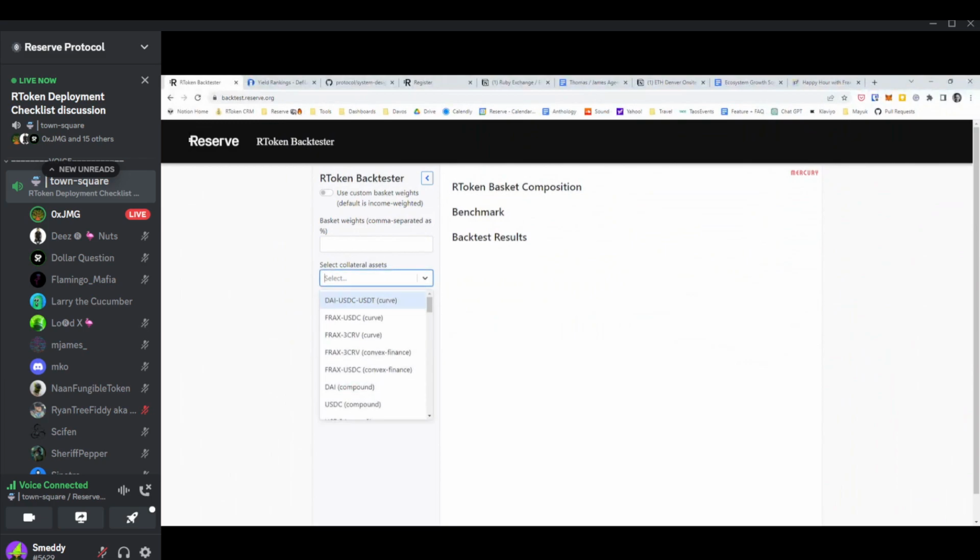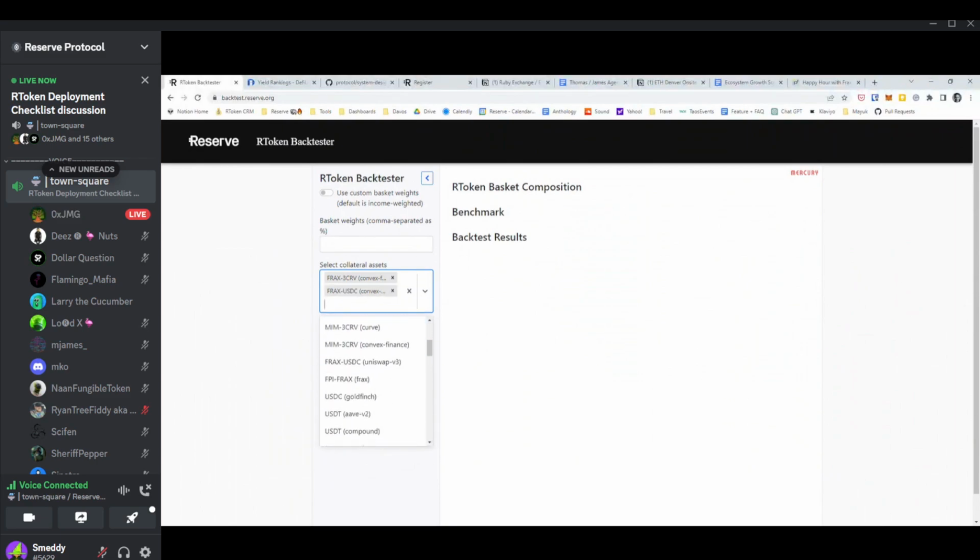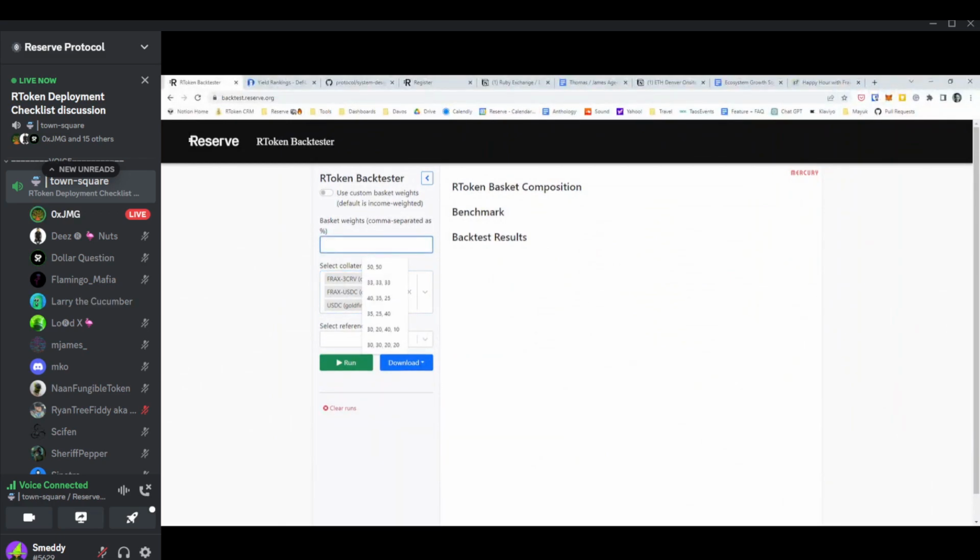I'm a big fan of a lot of the convex assets. So I'm just going to go ahead and put those in. I'm actually going to get wild though. I'm going to put some Goldfinch in there. If you guys remember, it had that huge APY we just looked at. And I'm going to put these in at 33, 33, 33. So the basket weights,